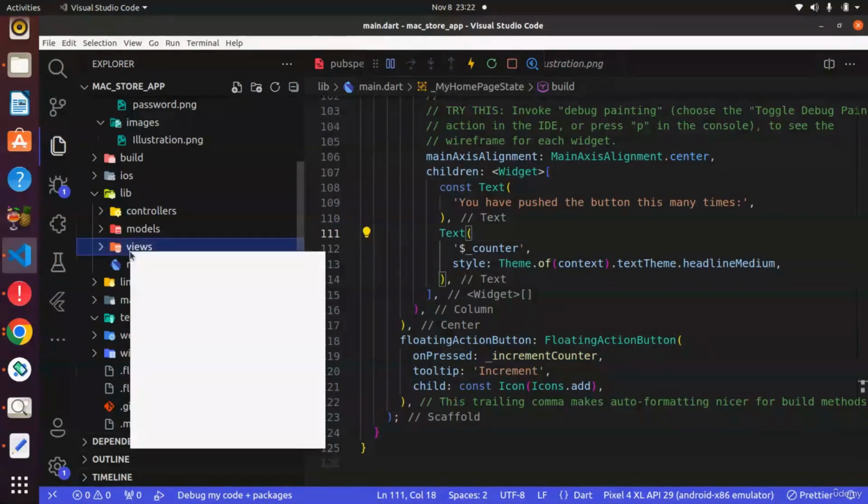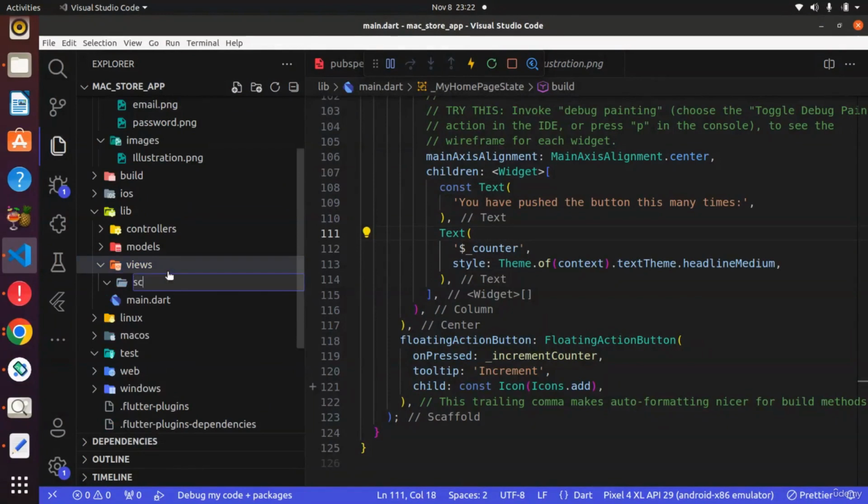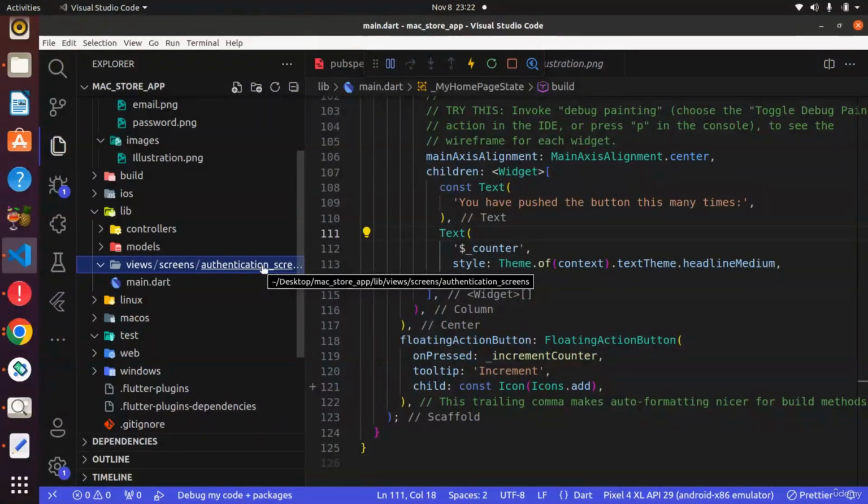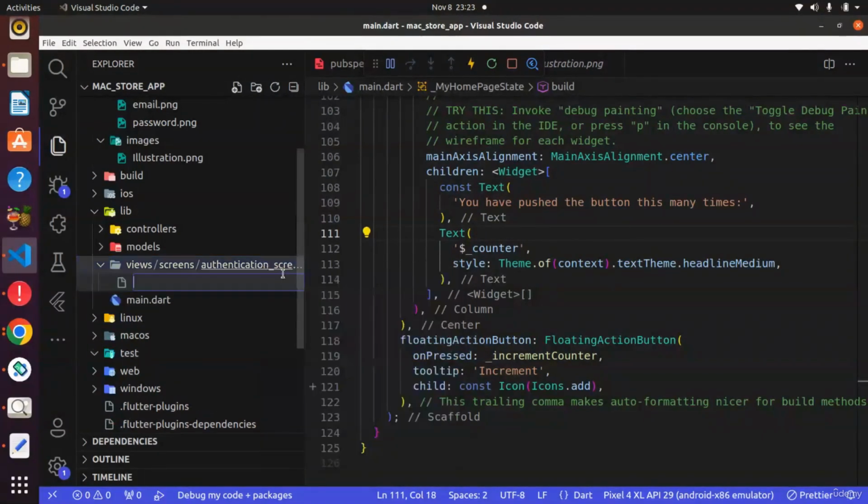Within the views folder, we can create a new folder and we can call this screens. Then within the screens folder, we can create a new folder and we can call this authentication_screens. The authentication screens folder will basically contain two files, that is the login screen and the register screen. Now within the authentication screens folder, we can create a new file and we can call this login_screen and the